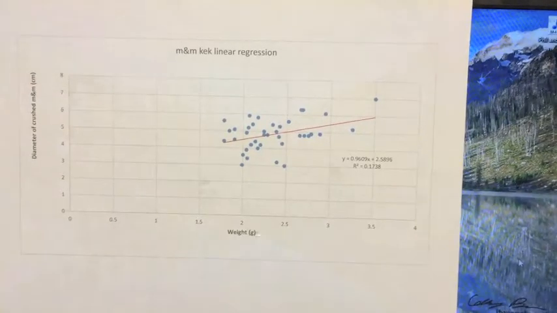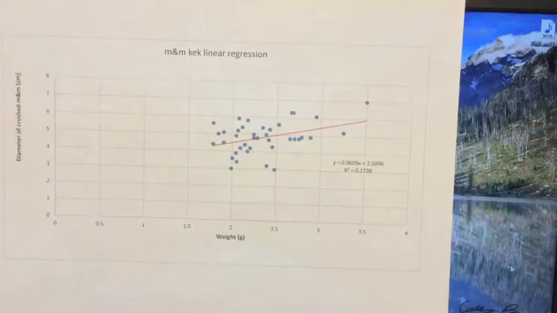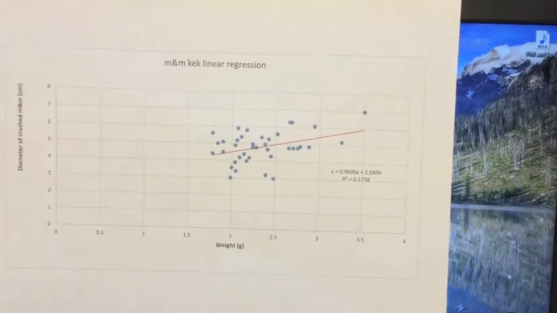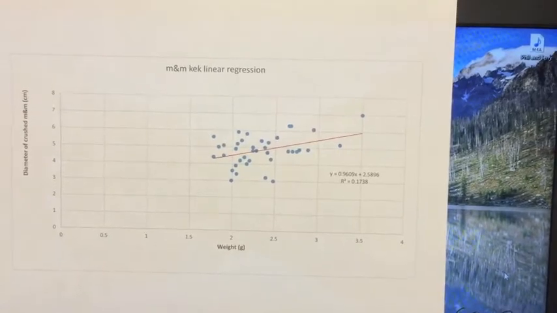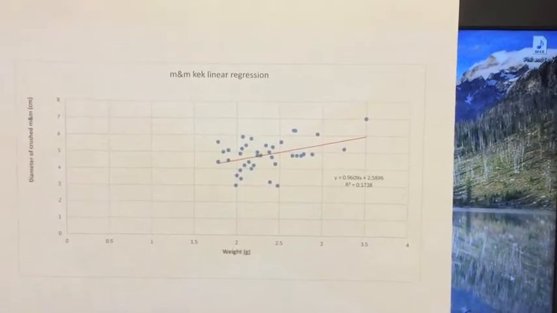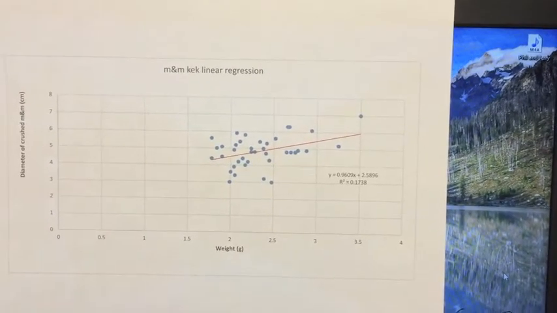As you can see, when the diameter of the crushed M&M is plotted against the weights, it results in a nice looking linear regression here with a bunch of blue dots and a red line, with an r-squared value, this trend line has of